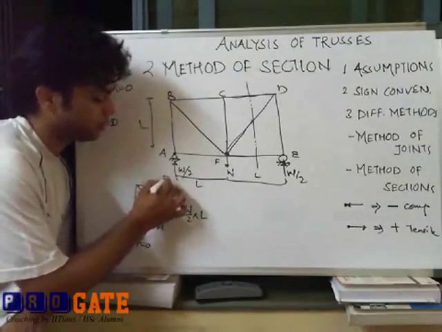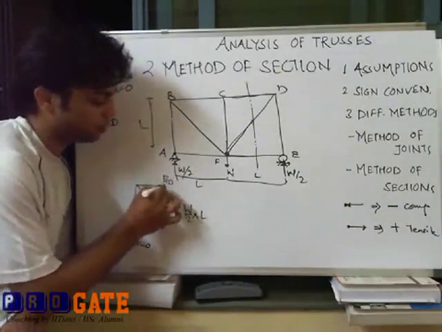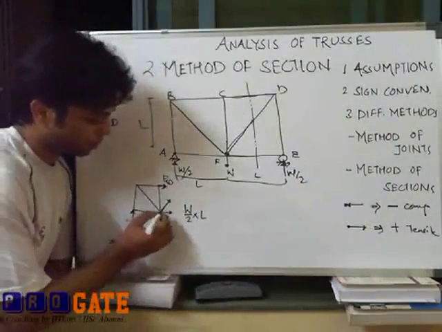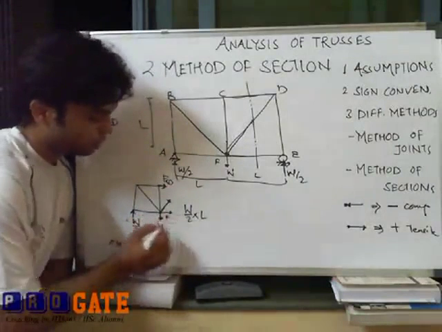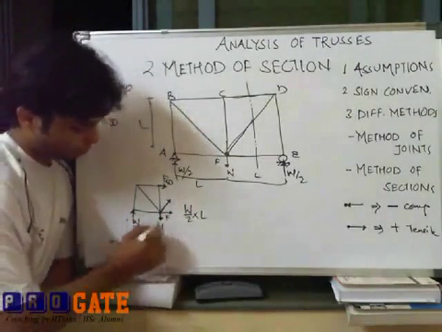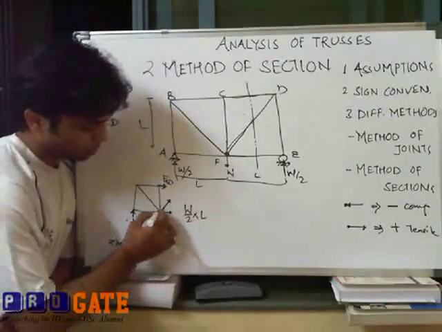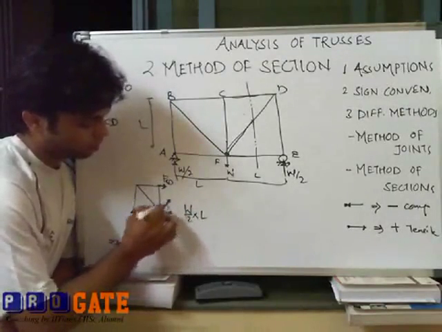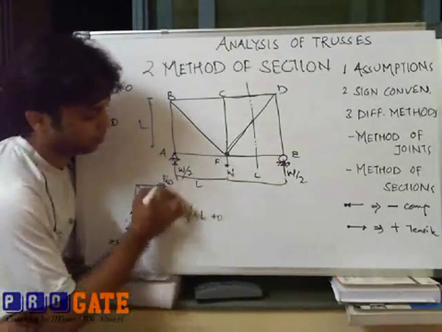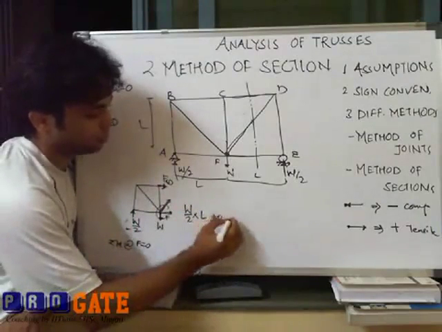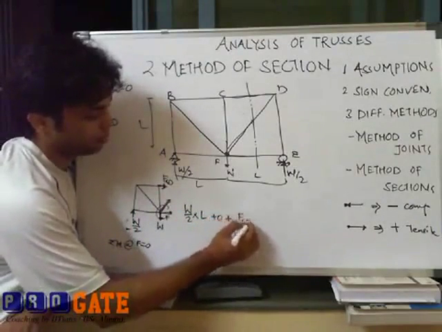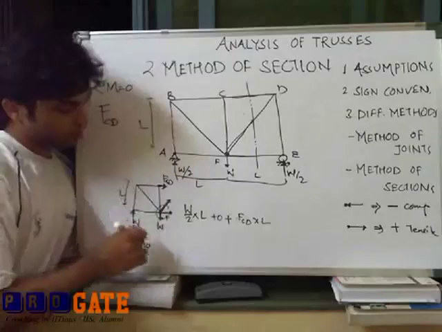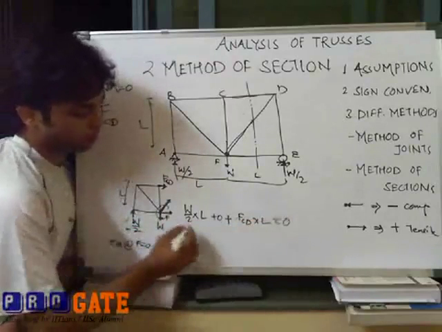Say it is FCD. Initially I have assumed it to be like this, in this nature, and when I calculate moment equilibrium, it is W by 2 into L for this support reaction, and moments of all these forces will be equal to 0. So plus 0, moment of this force now plus FCD into L. So this must be equal to 0,